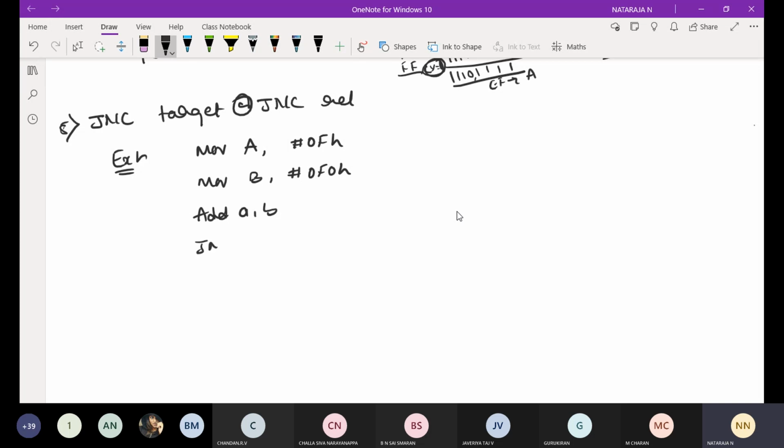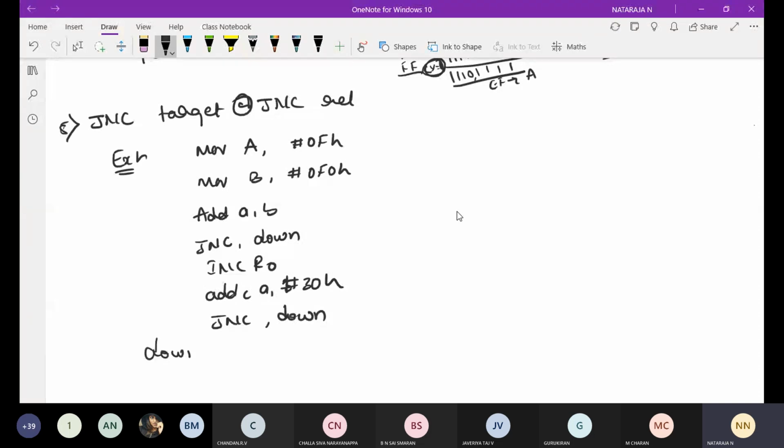Jump if no carry to down. Increment or not, ADD C, ADD A, #30h. Jump if no carry to down. Down is MOV 40h, A.